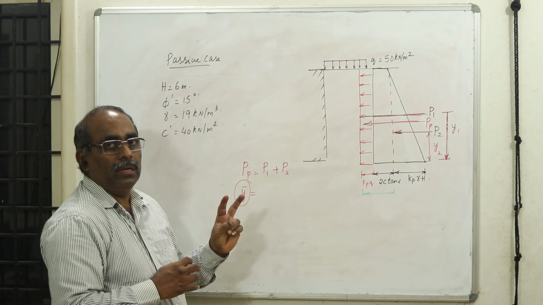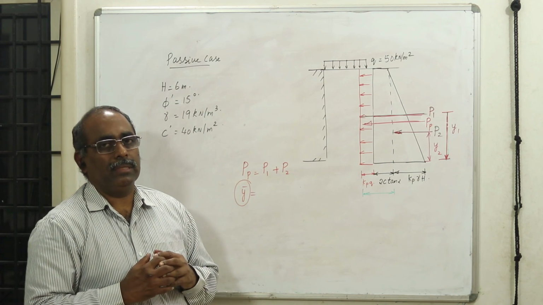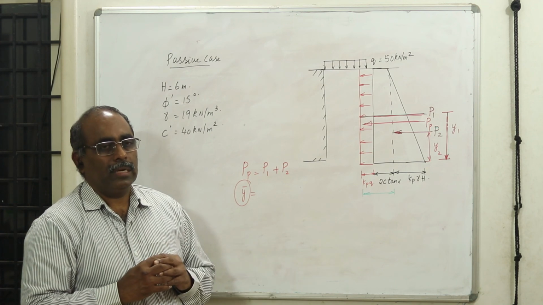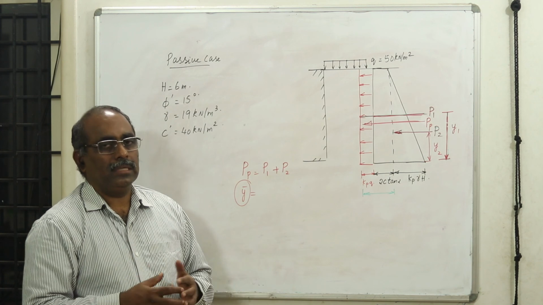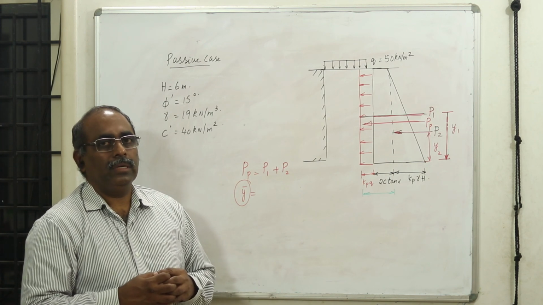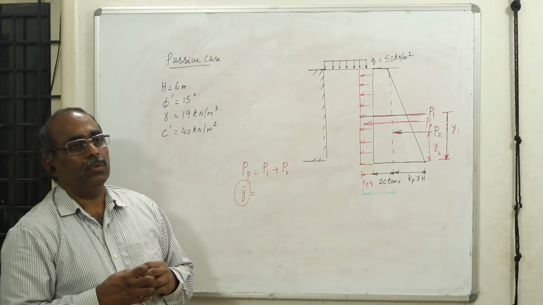We have two beautiful methods, Culmann's graphical method and Rebhann's graphical method. We have different cases in that. We will try to solve beautiful numerical examples. In the next session, I am going to continue and explain all those types of numerical examples and also the theory behind it, that is Coulomb's theory.